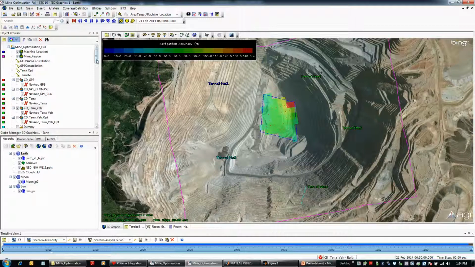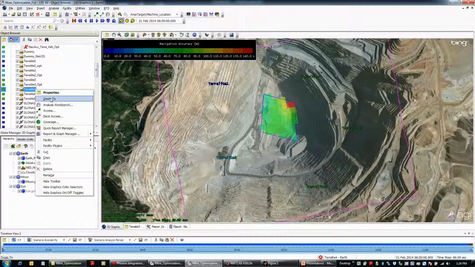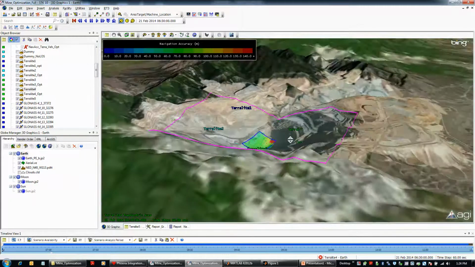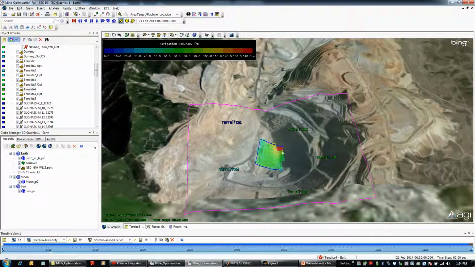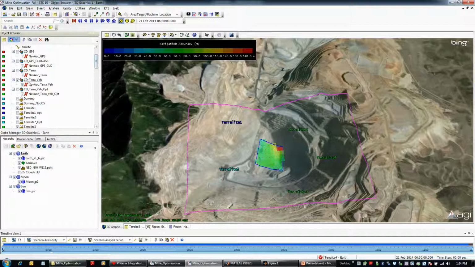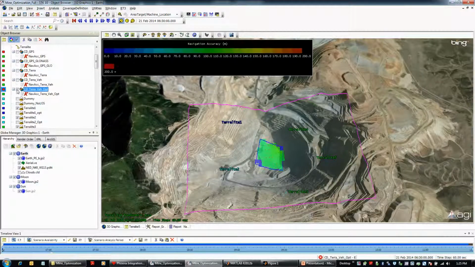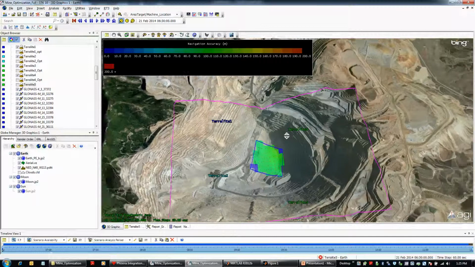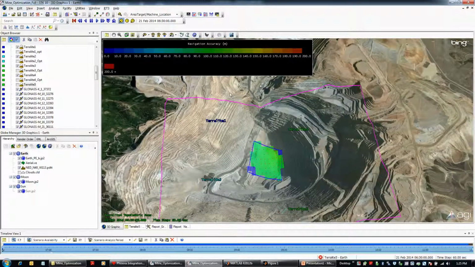So if I zoom to terralite 4, you may be able to see that it's very steep over there, and maybe because of that the accuracy in this region is not very good. So this is a result where there are 5 terralites. I did one more analysis where I am placing only 4 of them. I took only 4 terralites into consideration. I removed the 5th one. So there are 4, and the navigational accuracy has reduced to around 200.